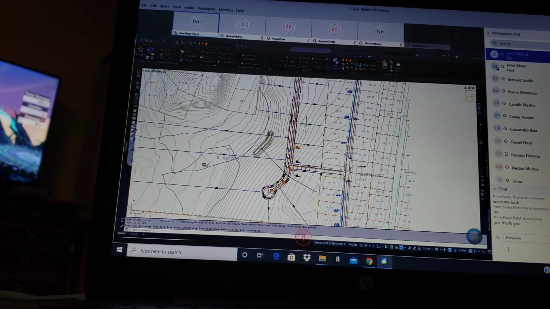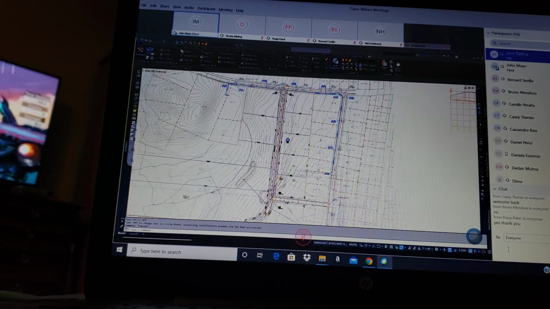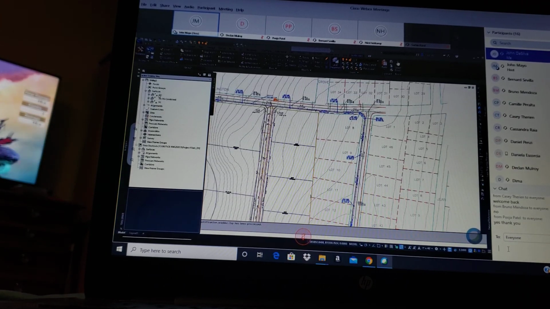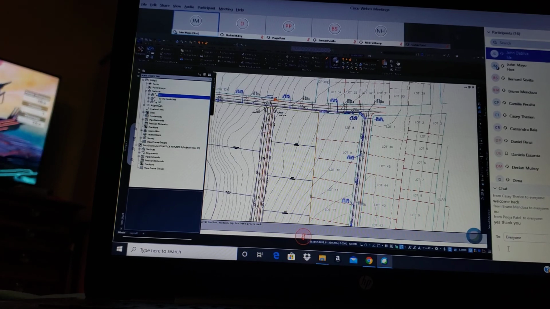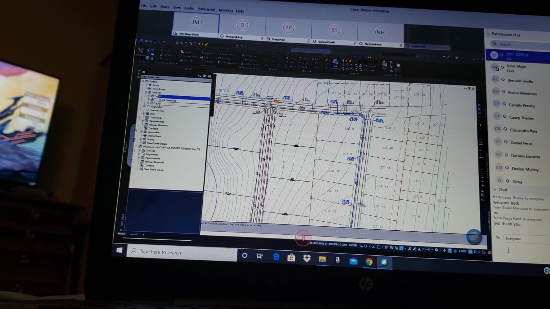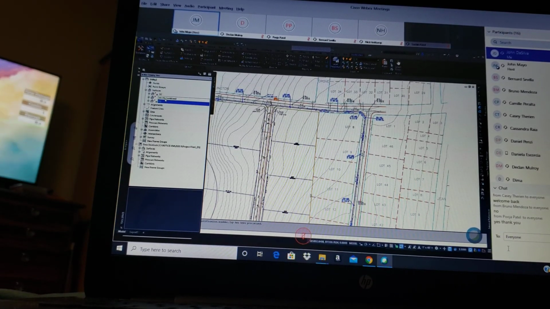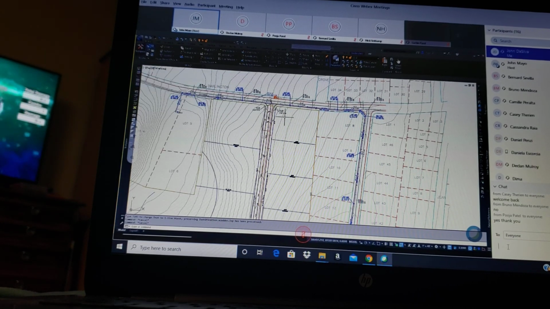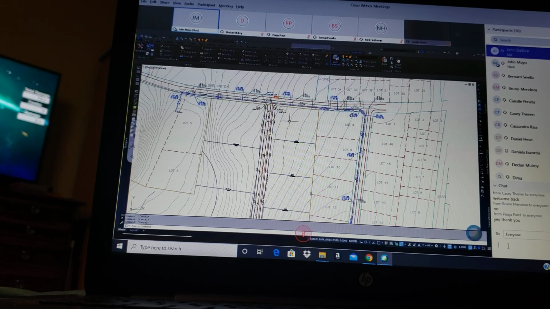And again, if I need to see existing and proposed conditions separately, I need to have a surface for each one. Right? If I make a profile with this, it's all going to show combined as one. And, you know, for your design check,